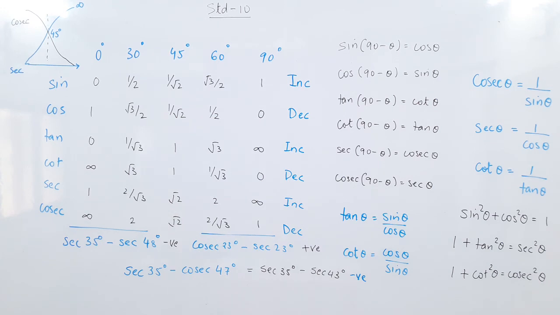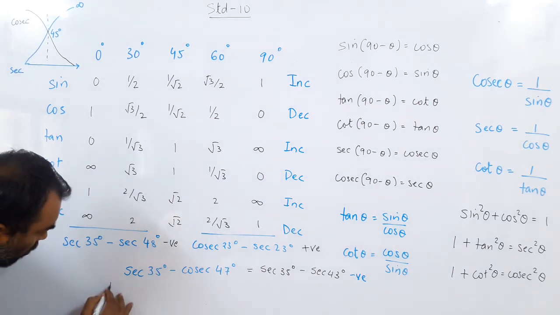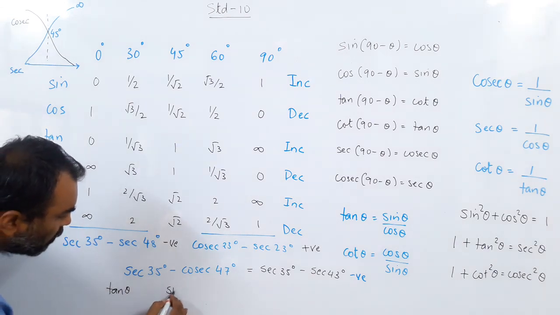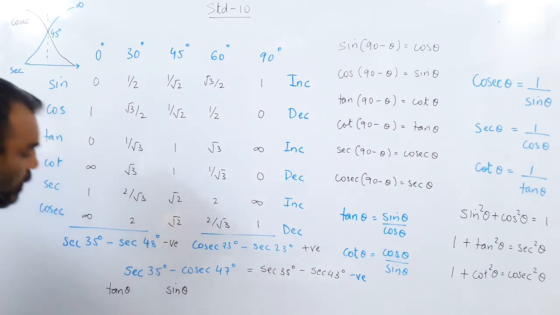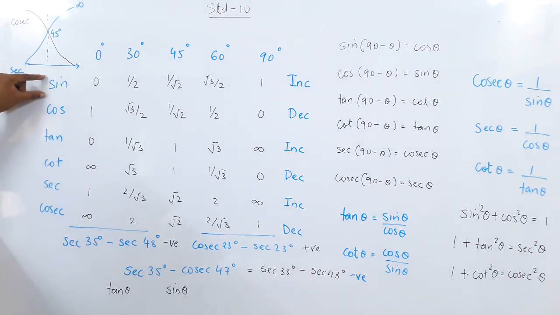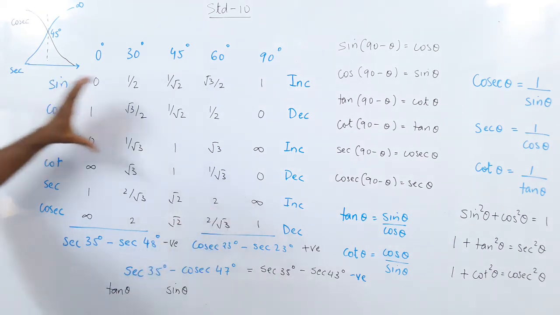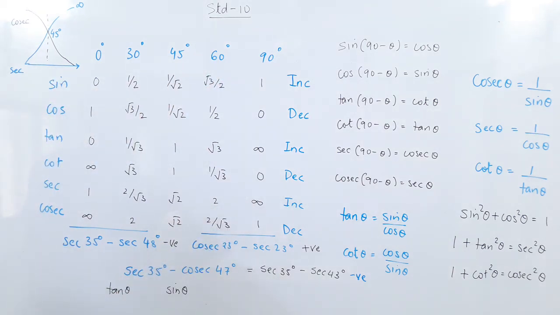Okay? Now one last question for the day. Let us see, we have already done it, but still a comparison. In tan theta and sin theta, which one increases faster? Whose rate of increase is more? So you can see sin 0 is 0, tan 0 is also 0. At 0 degrees they both are equal. And you can see both are increasing functions. But which one is increasing faster?